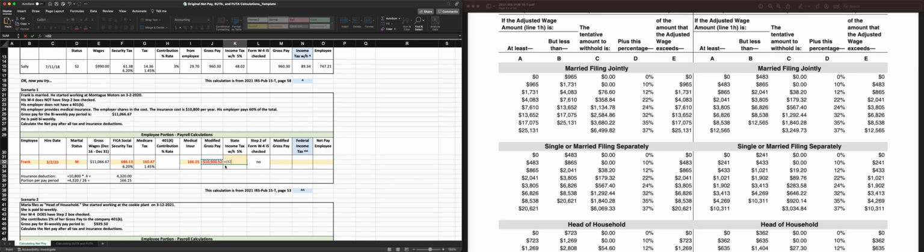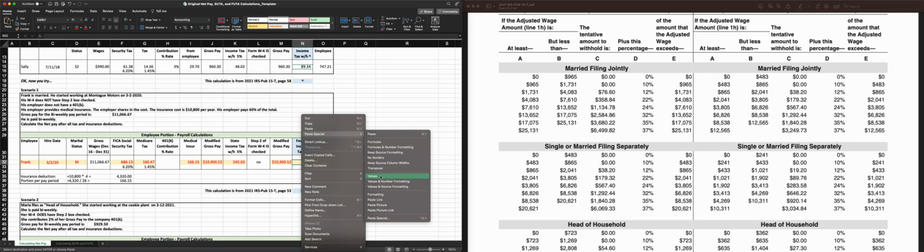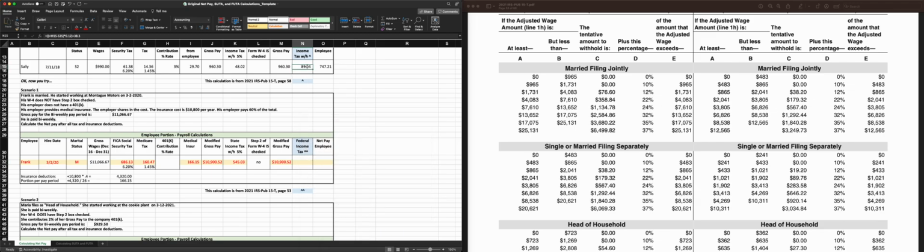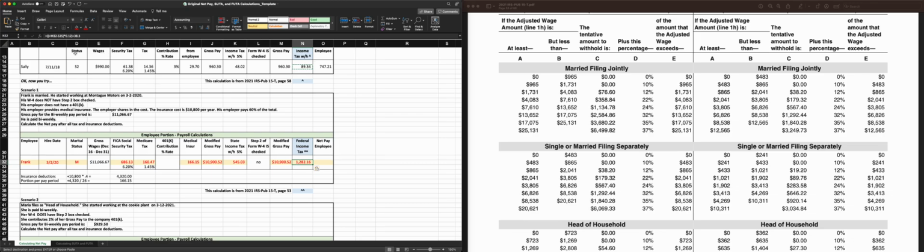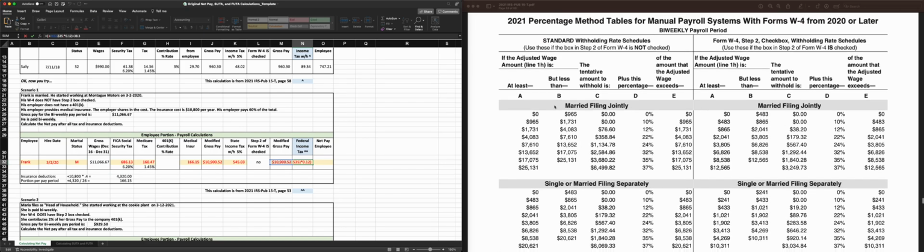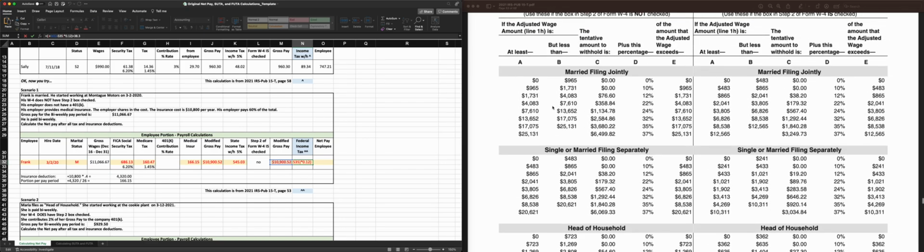And now for our state, we have our modified gross pay times 0.5%. Modified gross pay equal there. And now again, we use that same rough calculation. I'm just going to paste formulas, paste formatting formulas, and then change these numbers. So we have our modified gross pay, which is 10,900. So for married filing jointly on page 58, for biweekly, we have 10,900, which falls in between this range,